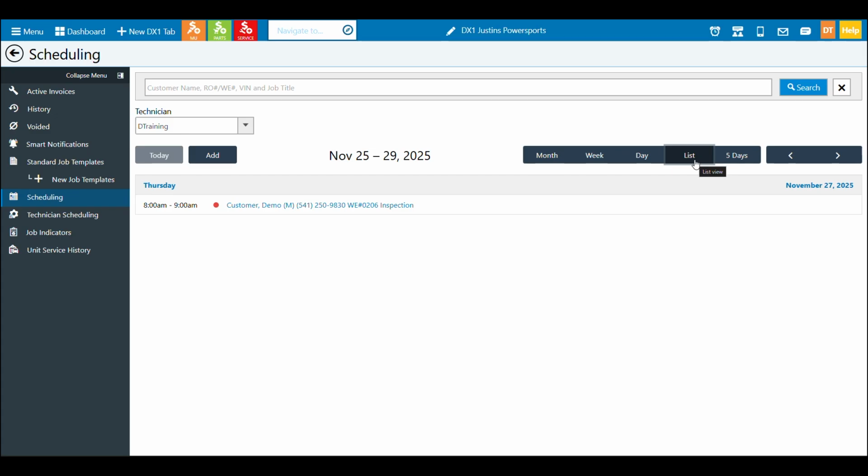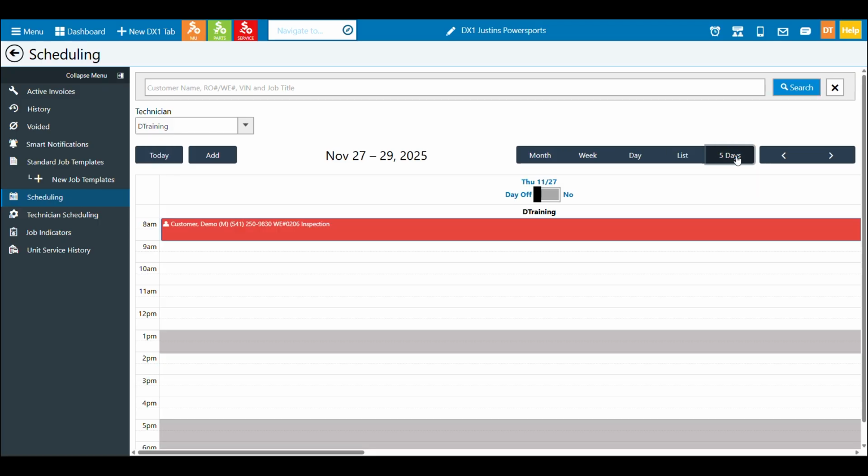We also have the list view. Again, I mentioned I really like this view because when you're looking at a week, I think it's just a quick way to kind of see your times and your days, especially as you have multiple days and appointments. And then we have our custom view here. Again, that's a 5-day view that you can look at. So that's how I can create an appointment from the calendar and link it up to an estimate.